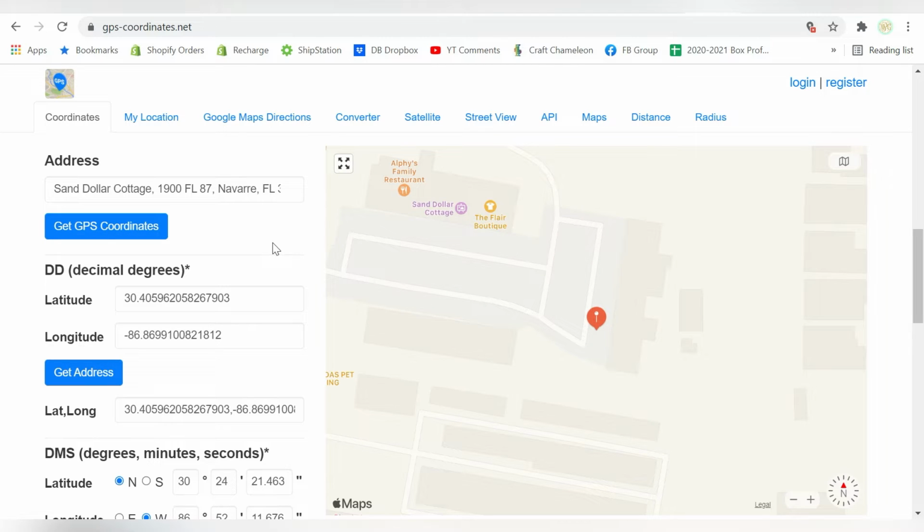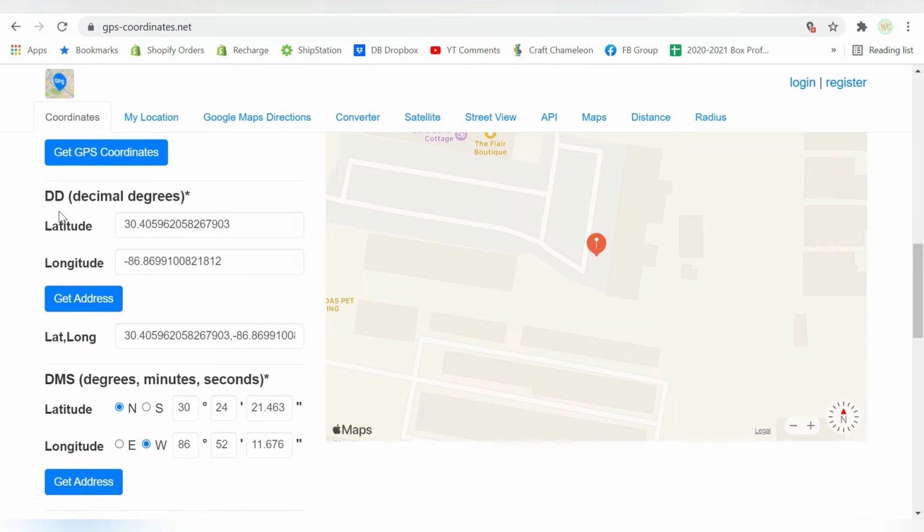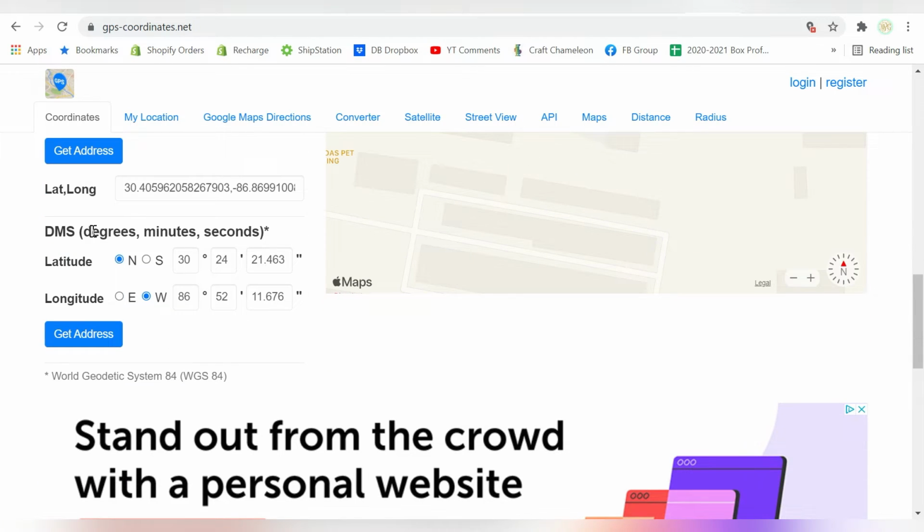So with my pin in place, I can come over here and it's going to give me the latitude, the longitude, and then of course I will get the degrees, minutes, and seconds, okay? This is actually what we're looking for right here. And that will make more sense in just a moment. But for now, we can go ahead and just go back to Cricut Design Space and we can flip back and forth, or you can write them down if that's easier. And the good news is that it doesn't take a whole lot of know-how to be able to interpret and